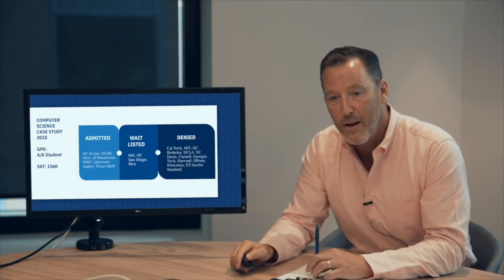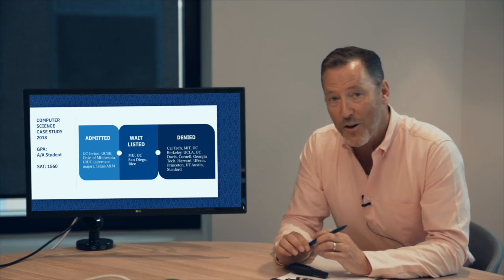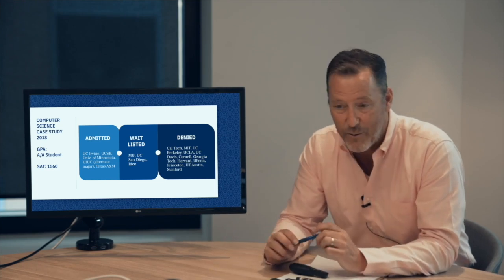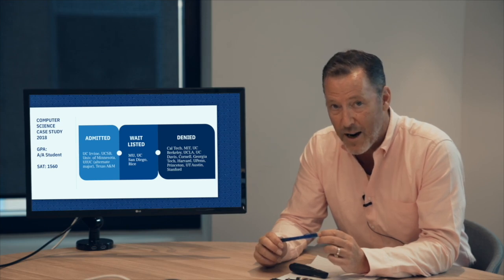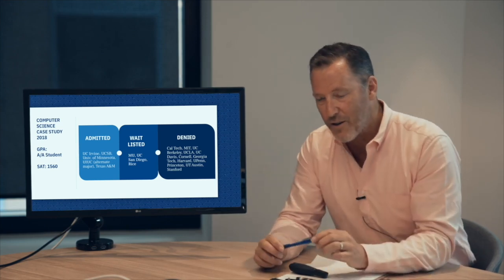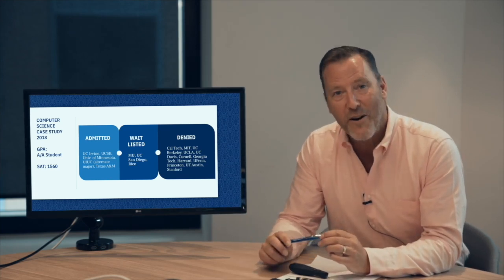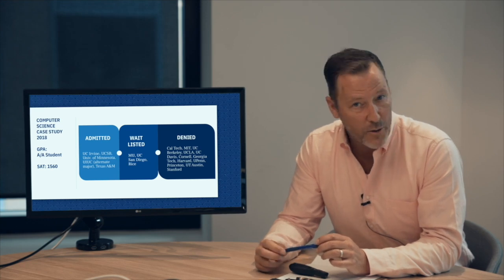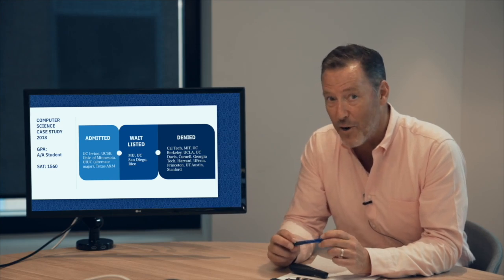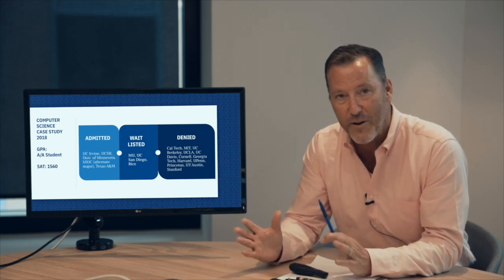Here's a case study of a really strong computer science student that I worked with, basically straight A's, 1560 SAT, which is wonderful. And you can see that this is a student that got pretty beat up in the process with lots of denies. And for those comp sci students out there that are listening, I'm not telling you to change your major. I'm fortunate enough to be married to someone who works at Google, and I am absolutely amazed at how well you can do with that particular profession. I guess my point is, if I was going to apply to an American university as a computer science major, I would apply to more universities. I would try to open a lot of doors. I wouldn't sit there and say MIT or nothing, Caltech or nothing.